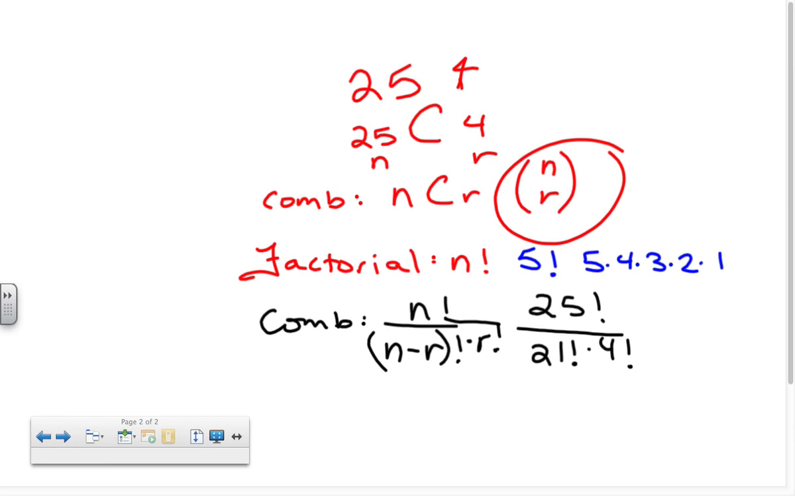Note that there are a lot of calculators that will have an exclamation sign on it. That actually means factorial. So I could put 25 factorial over 21 factorial times 4 factorial. But I want to show you an easy way. Okay, calculators. 25,